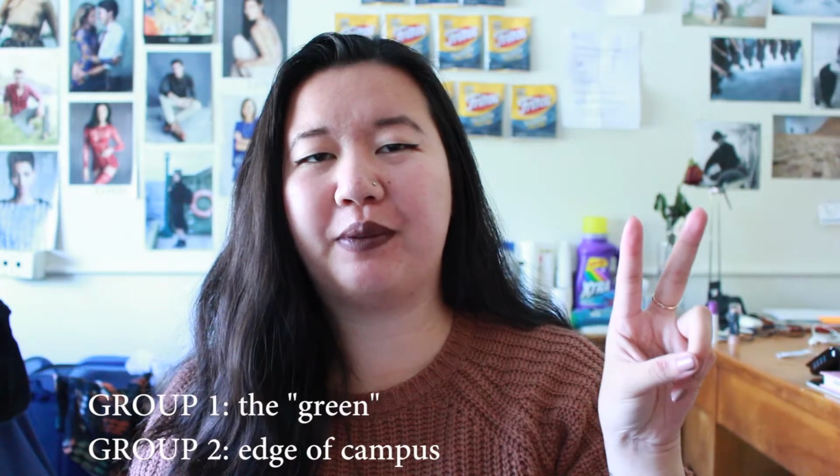Dickinson is actually a dorm for Francis Perkins scholars, and FPs are students at Mount Holyoke of a non-traditional age, so a lot of them are a little bit older. I don't actually know the limitations or affordances of living in Dickinson. I don't know if families live there or not, but it seems like a really nice community for Francis Perkins students. So now we've completed the green edge of campus dorms, and now we're going to be moving on